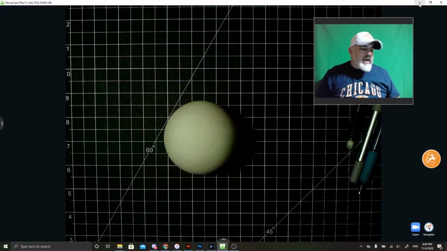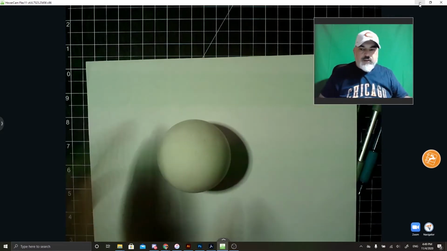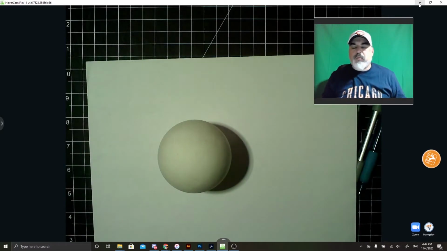So when you come back to this now, if I put a piece of paper underneath here, you're going to see that it looks much lighter because you got more light bouncing. Okay, so we're going to take all this stuff off, and what we're going to do